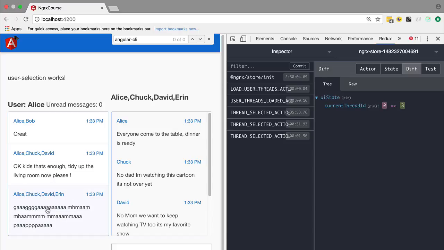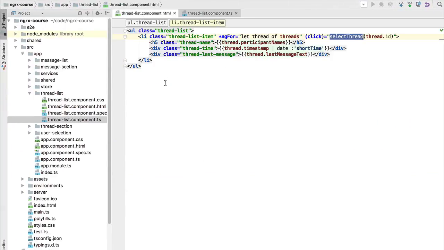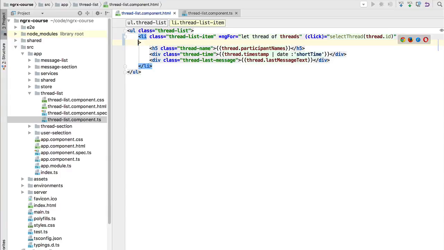So let's get started. We are going to go to the thread list component and here to the HTML template. And here what we're going to do is add a certain CSS class, the selected CSS class, to the thread that is currently selected. And for that we're going to use the ngClass standard Angular directive. So the CSS class that we are going to add to the currently selected thread is called selected, but for